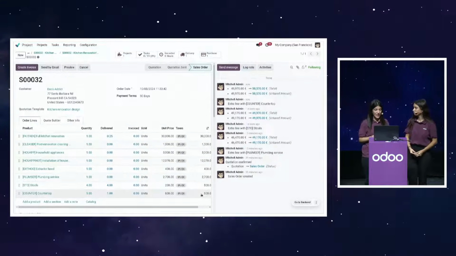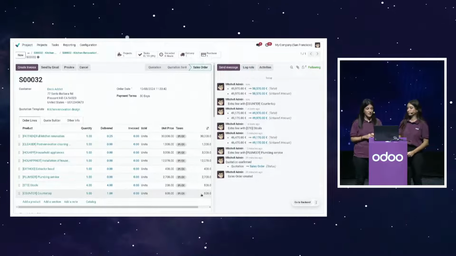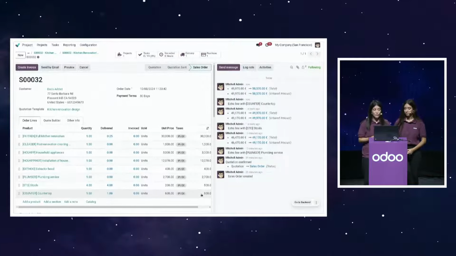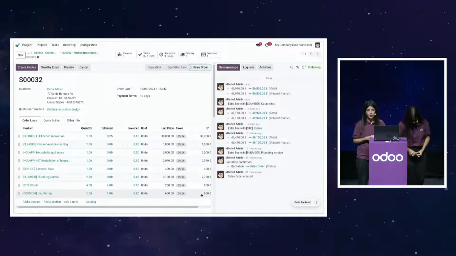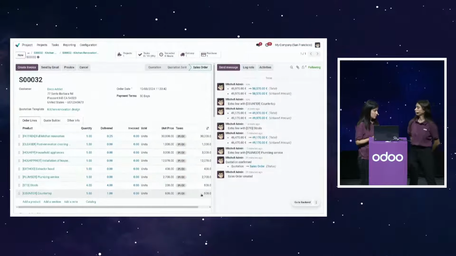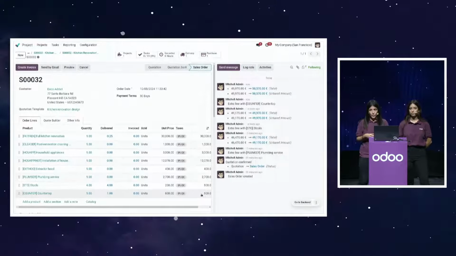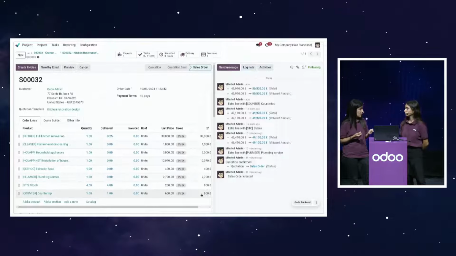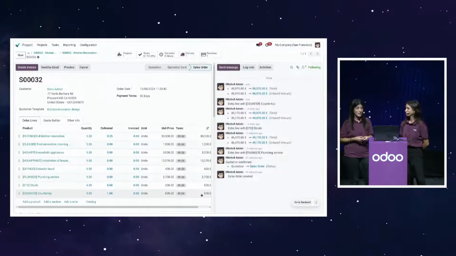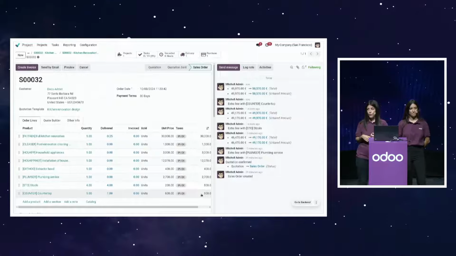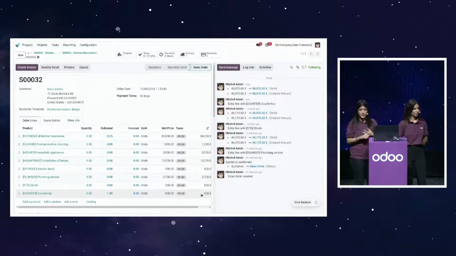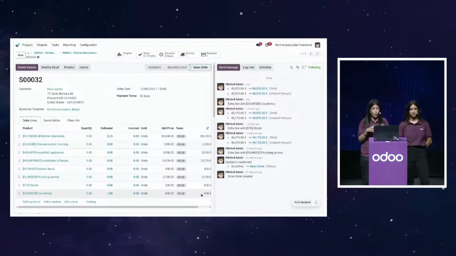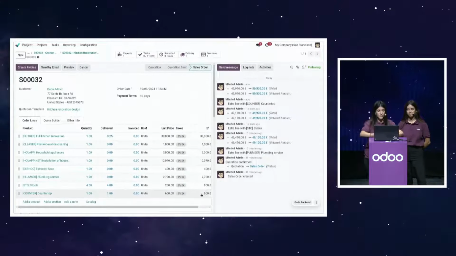Great, Barbara. And finally, we have the last case that will be impacted by all these changes. It's the case of the companies that are engineering custom machines for their customers. They normally use projects in order to track their prototypes, the progress made on their prototypes, but they also need an overview of all the manufacturing orders, purchase orders, stock pickings, and bill of materials that are involved in the process. Thanks to the top bar,